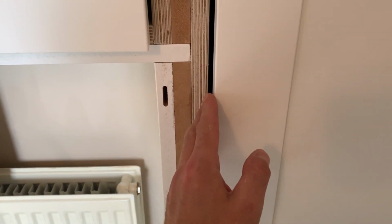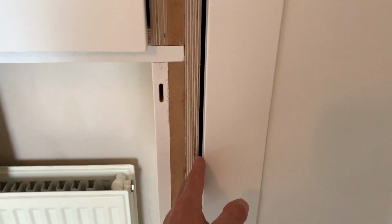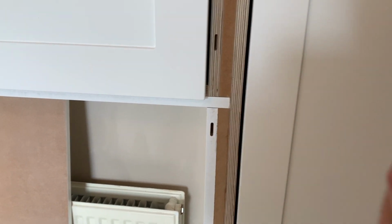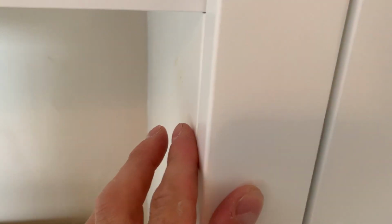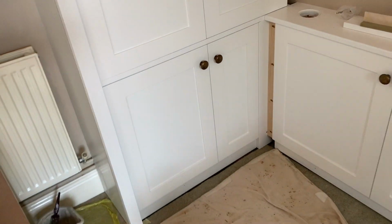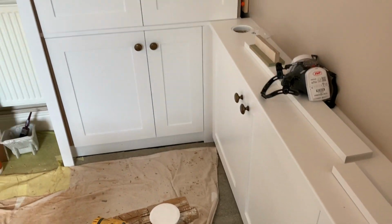We design around the inset hinge throwing the door 4 millimeters in from the inner face. We then assume a 2 millimeter overlap with the cover strip. So the cover strip ends up fitted flush to this side, overlaps 2 millimeters, and then you have a 2 millimeter gap. Now there's some tweaking of door gaps to be done. So that gives a nice solid look at those edges there, which makes it look that little bit more traditional